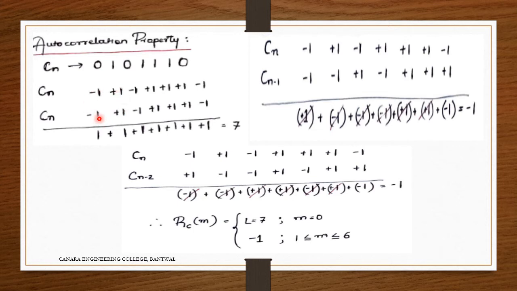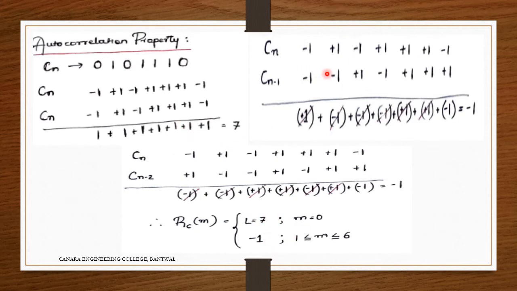So I had to add each of these sequences separately, multiply and add all the 7 bits here, this way. Multiply it vertically and add it horizontally. It will become 7. So as I discussed in the bit test, 7 RCM is equal to, when m is equal to 0, it should take the length value, and the length value of this is 7. That is what it has taken.